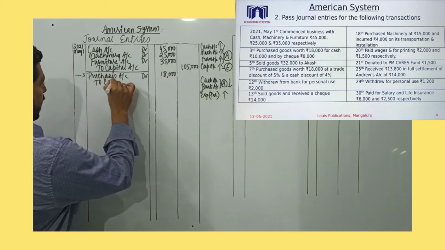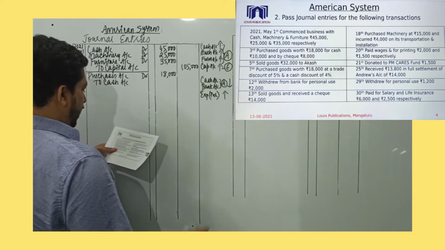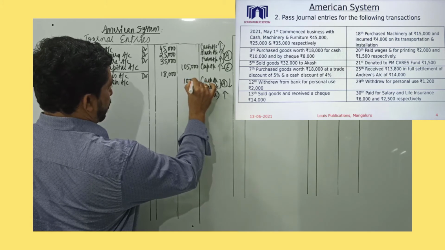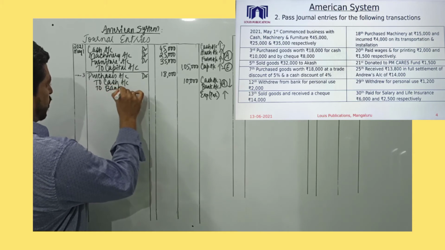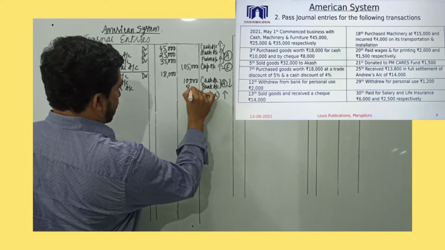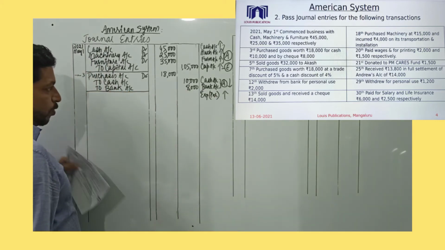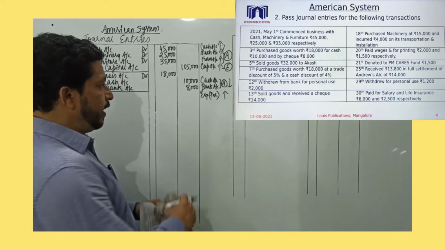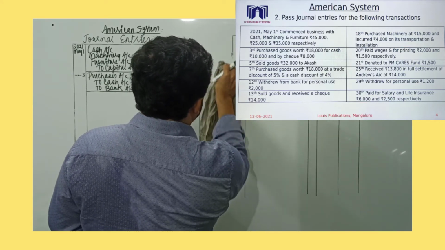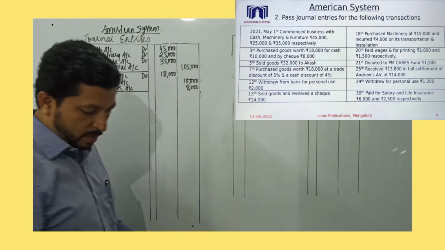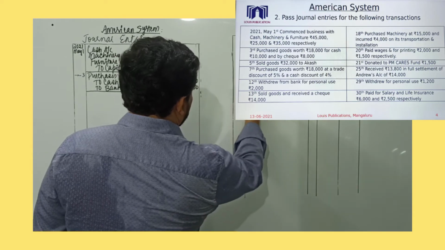To cash account. One asset value going down because when we are purchasing, we are paying cash. So asset value will decrease and cash value will decrease by 10,000 rupees and bank balance will decrease by 8,000 rupees. So to bank account. So decrease in asset are all credit. So narration would be being purchased goods and paid in cash and through check. So both cash as well as check is given as far as payment for our purchases is concerned. Let's move to the next aspect.